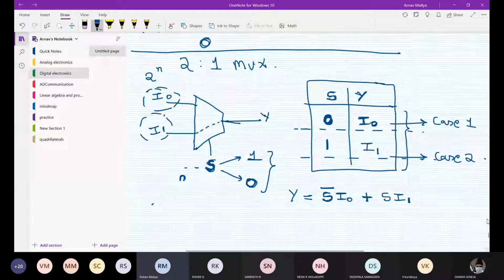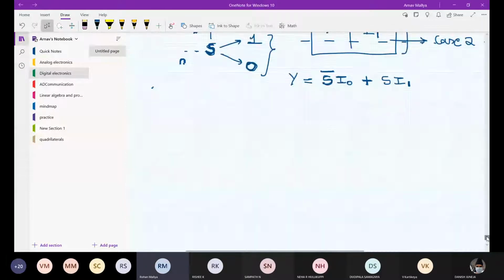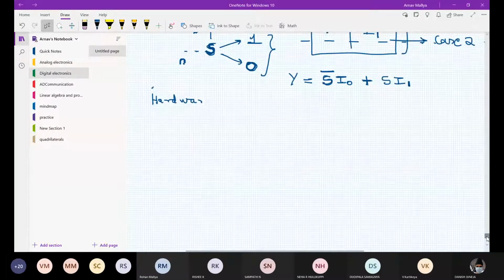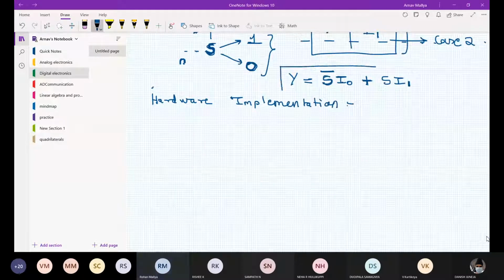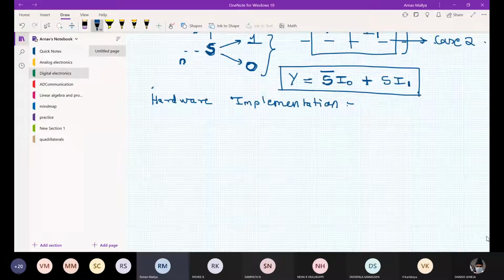Okay. Now we'll do the hardware implementation. So I need to make the hardware for this expression. Someone had mentioned what all inputs we are going to take.